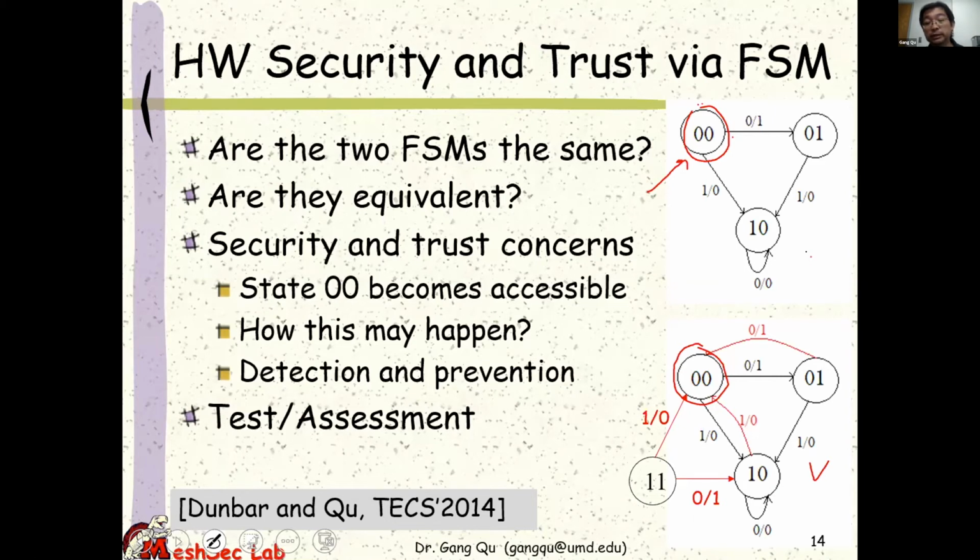But in this case, state 0 0, which is my initial state, I can go to the restart state from any of the other states. From that aspect, these two machines are different. This one has the additional feature that you can go back and restart. If you think about security, if this is the state that people want to have access control for, so people cannot come to here, in this design everybody has the permission to go there.